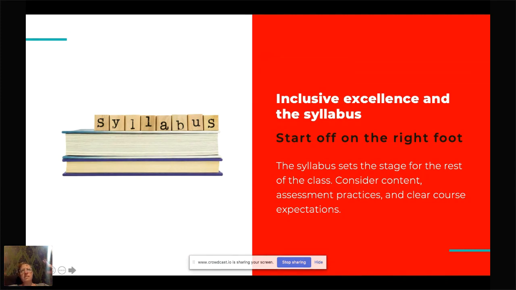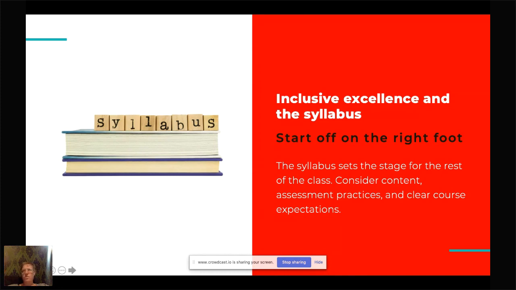In terms of assessment practices, I talked a bit already about having different kinds of ways things are assessed, like not just essays, but also maybe have class projects that are not writing based, or thinking about having quizzes. And one thing that the literature has shown in terms of inclusive excellence is that students do best when they have a lot of regular assessment that's fairly low stakes. It takes a lot of the pressure off of individual assignments, and it gives students a lot of different ways and times to shine.